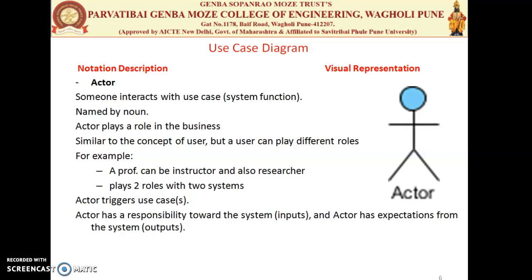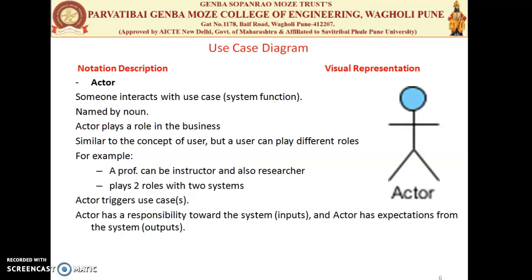The actor can be a human, a system software, a hardware device, a timer or a clock, or we can say an event which interrupts or calls some functionality. We have two types of actor in a use case. The first is the primary actor and the second is the supportive actor. The primary actor defines the user goals which are fulfilled by the system. The primary actor of the use case is the stakeholder that calls the system to deliver one of its services. So it has a goal with respect to the system. The primary actor is the one who always triggers the use case. Always remember, the primary actor is the one who always triggers the use case.